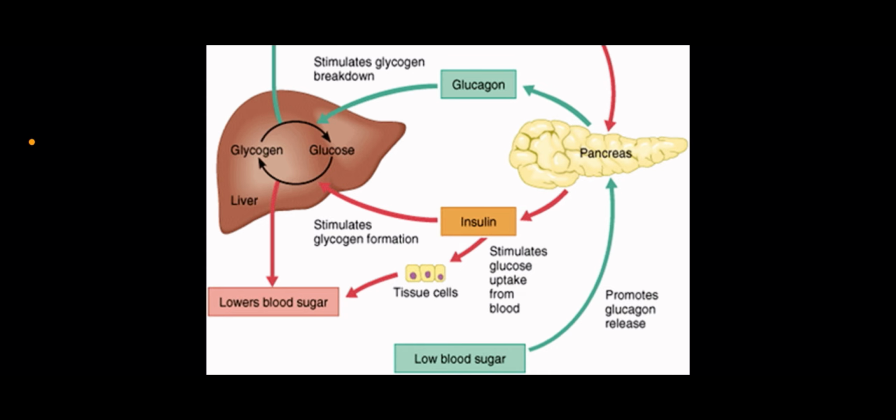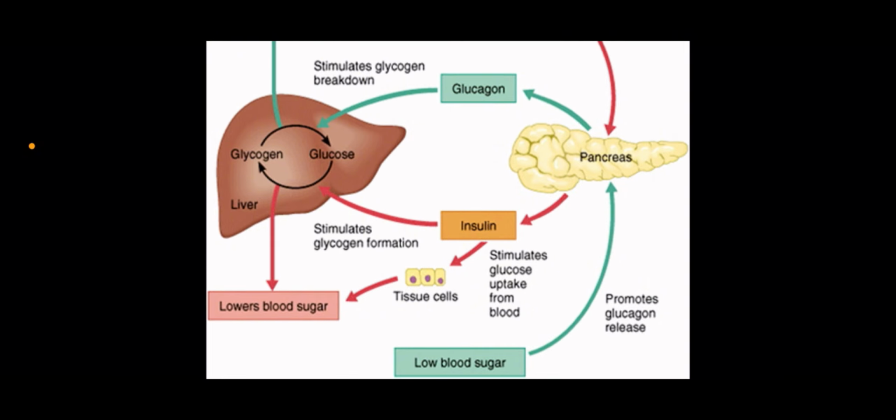They respond by activating enzymes that convert glycogen to glucose and also convert glycerol or amino acids to glucose in order to increase the blood glucose concentration level. Now, this then moves out of the carrier protein and out into the blood. The conversion of glycogen to glucose is called glucogenesis, and the conversion of glycerol/amino acids to glucose is called